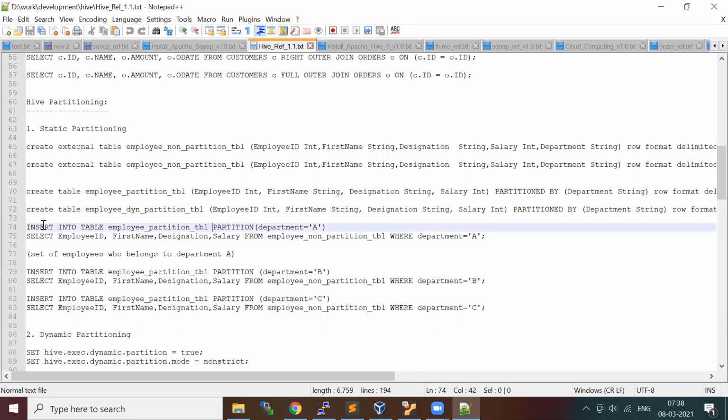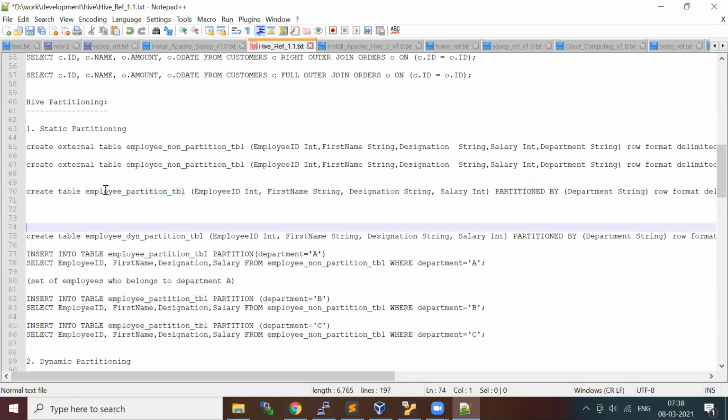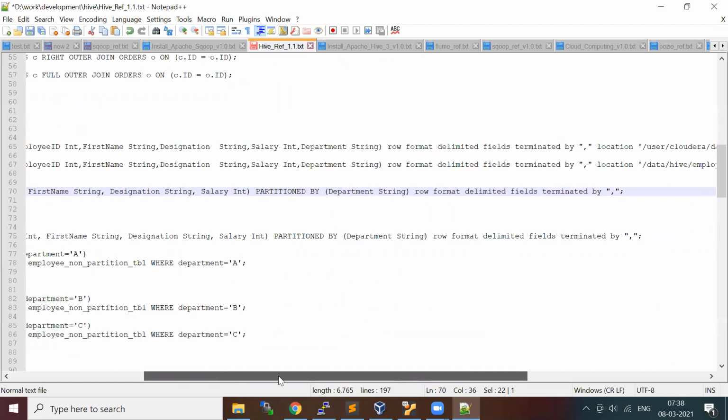So basically, let's say I created a partition table. Like if you look at this table, employee partition table, the difference is partition by, you need to provide the partition column. I'm not declaring a department column here.